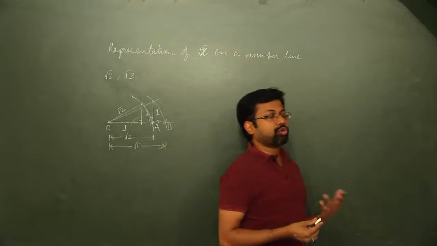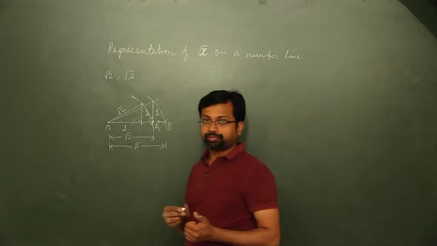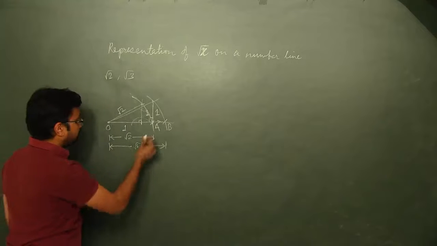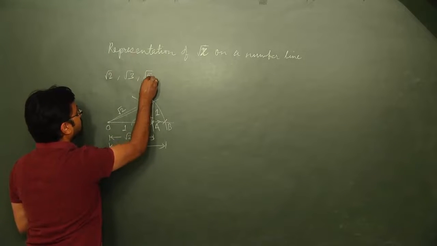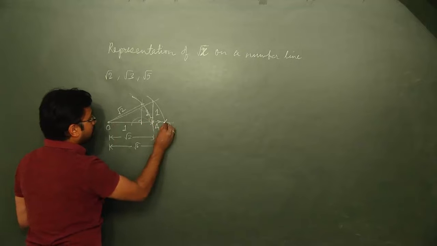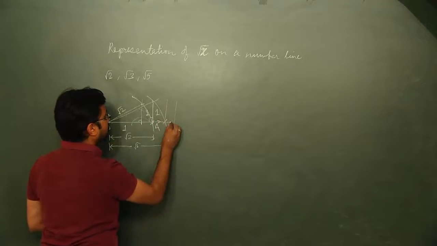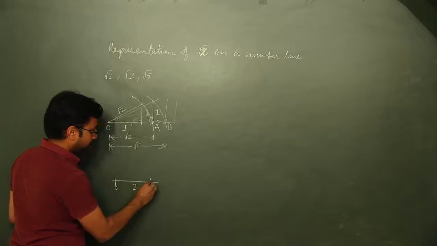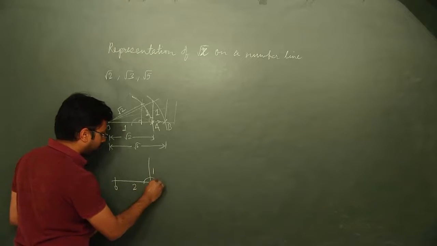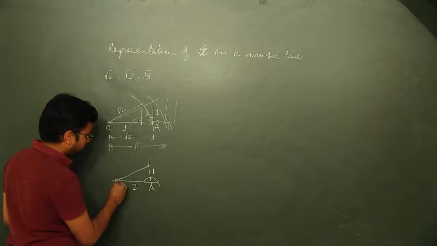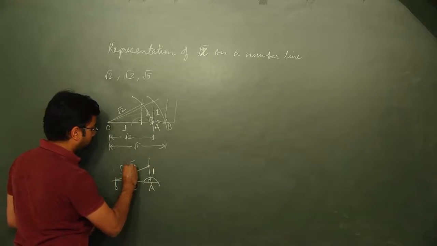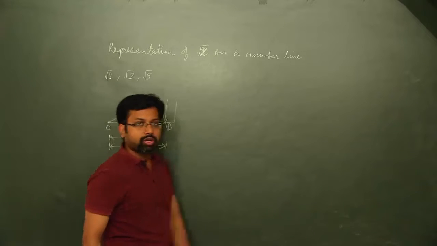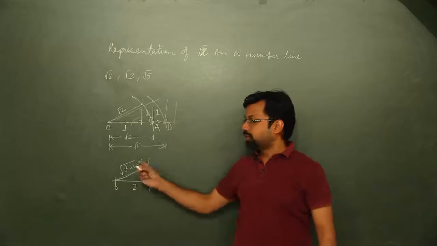Marking out simple numbers like root 2, root 3 or root 5 could be easy this way, right? But the problem would come when the number is too huge. For example, if you're pointing out root 5, a smart way if you're using this method would be a regular guy would keep on marking perpendiculars until you get root 5. A smart guy would mark OA as 2 and here you draw a perpendicular and mark 1 and join this. This will be a hypotenuse whose value will be root of 2 square plus 1 square which is root 5. So root 5 can be easily done rather than going the long route. You can also attempt this, you can mark out these points and figure it out.